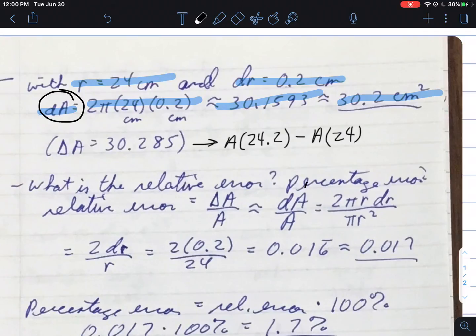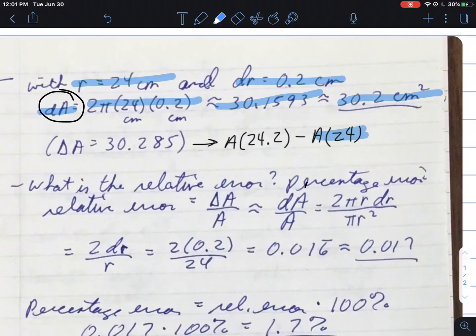That is an approximation to the error in the area of our disk. Now you can calculate the actual change in the area. You can calculate delta A. If you calculate the area with the ideal radius of 24, and you calculate the error,